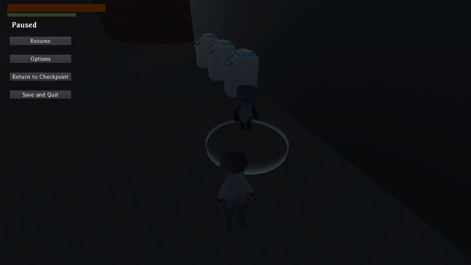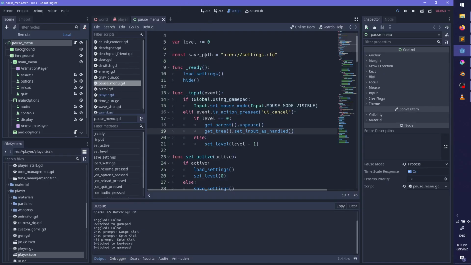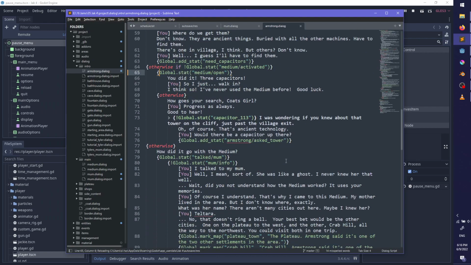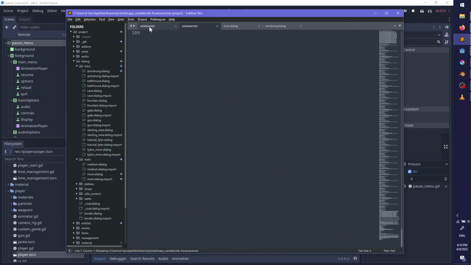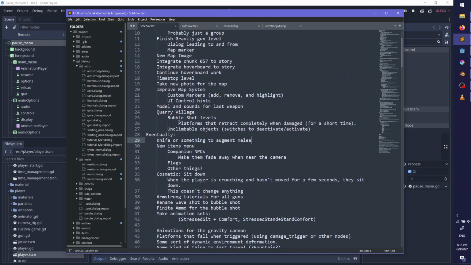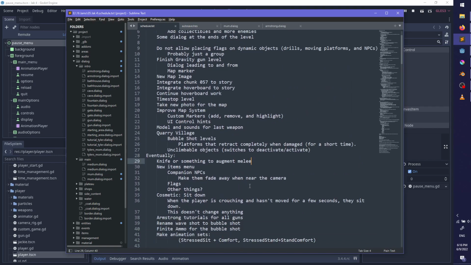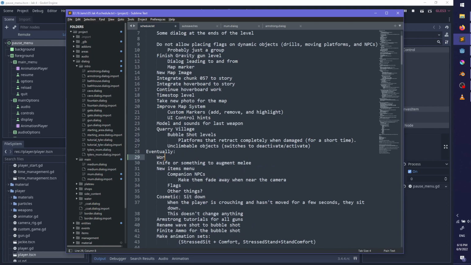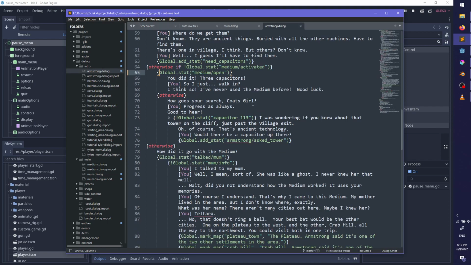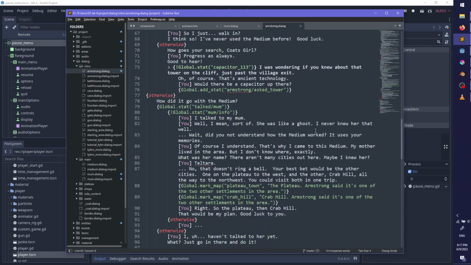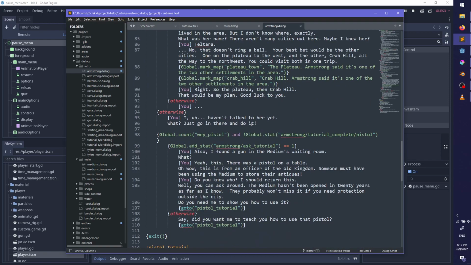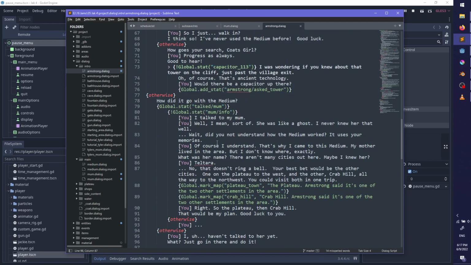Okay, well, one, I need multi-line buttons, so just put it on the list. Where is how goes your search?